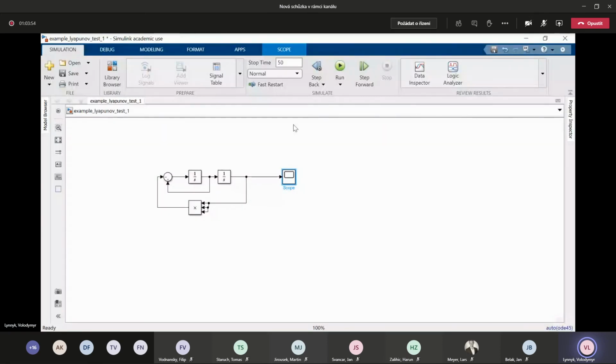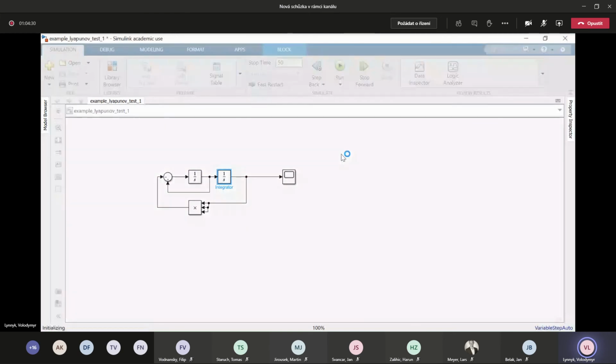You see, I make this system x1 dot equal to x2, x2 dot equal to minus x1 cubed minus x2, and x2 equal to minus 10, for example, and this initial condition x1 equal to minus 20. And when I start the simulation,